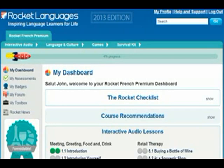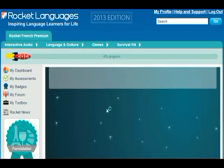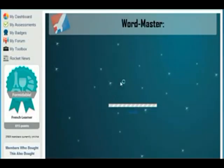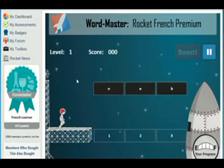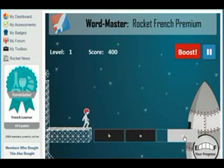What could be more fun than playing games? Now, it's well documented that one of the best ways to learn is to have fun doing it. The Masters games are just the thing to get you learning words and phrases in a fun way. WordMaster helps you understand how the sounds made by native speakers translate into letters and words on the page. Soon you'll be able to take that information away and apply it to other words you hear and be able